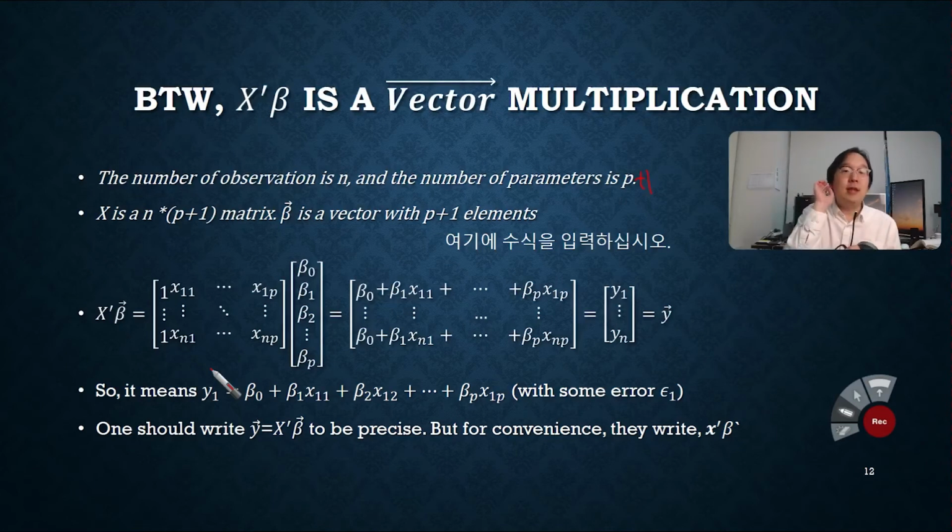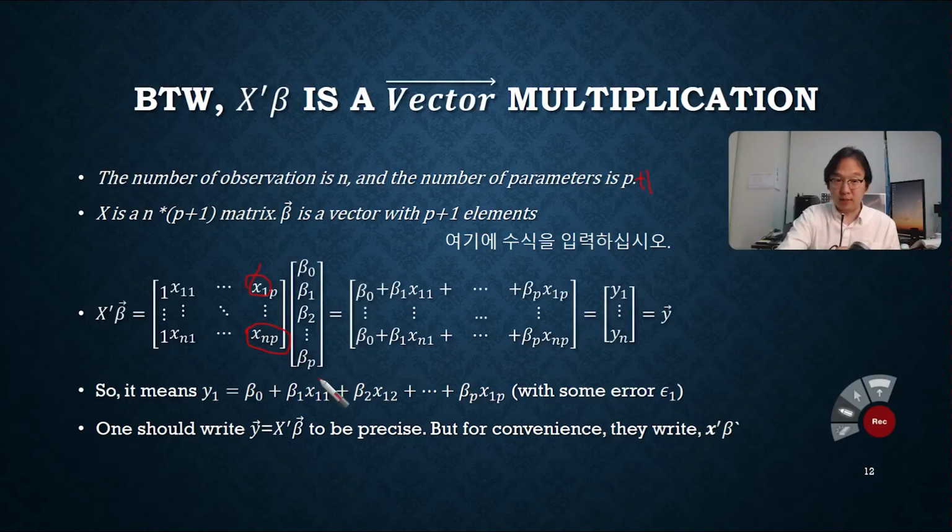And then you have p variables in your matrix. For example, x1p should be your profitability of company 1, the ROE of company 1 over here, right? And then move down the list and you'll see company n's ROE over here. So that's this matrix. And then the vector that you're going to multiply has beta 0, beta 1, beta 2, and so on,